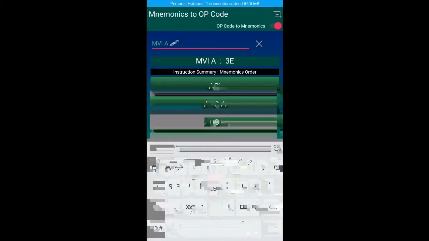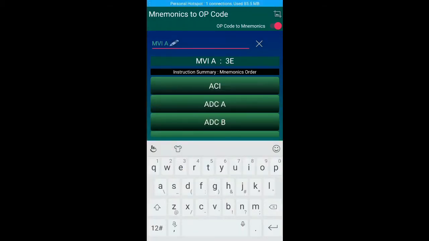This is how you have to find out each and every line with its equivalent opcode. If you know the opcode, you can type any program. Are you getting my point, guys? Are you following? I will note down this 3E. 3E is my opcode for MVI A, but actually the instruction is not completed. What is missing there?